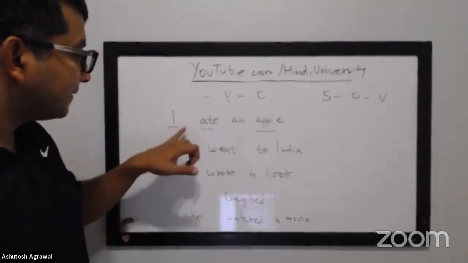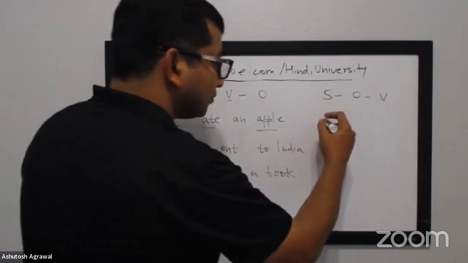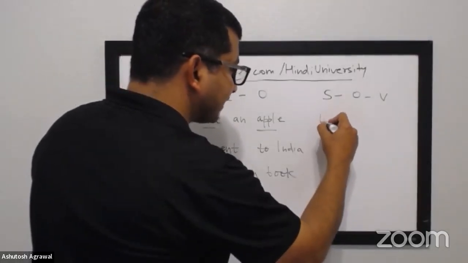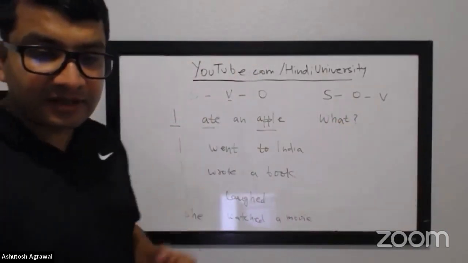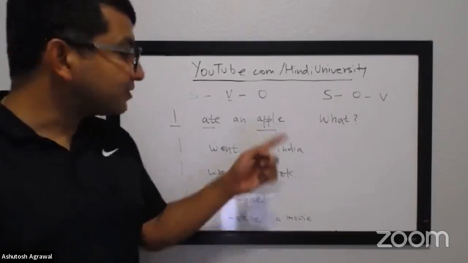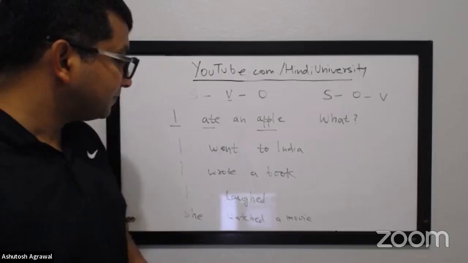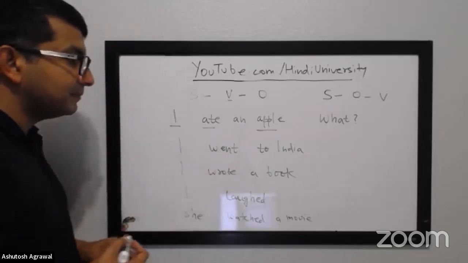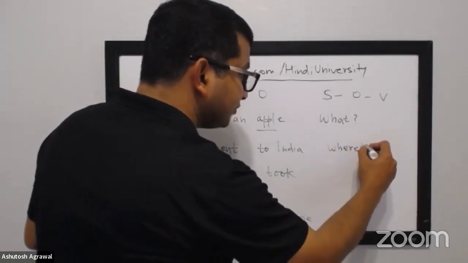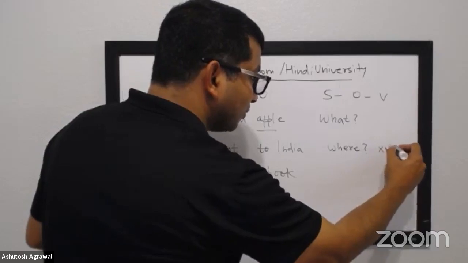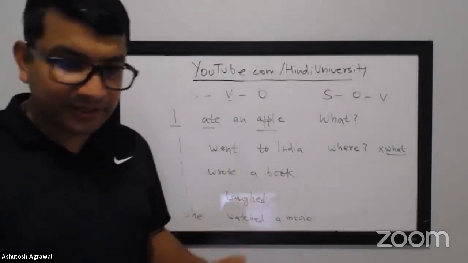Let's keep going, Donaji. In the first sentence, I ate what? It tells what I ate. So in this one, I can ask the question: what did you eat? When somebody says I ate, you ask what did you eat, and the answer would be I ate an apple. Awesome. Keep going. With I went to India, that answers where. So the question you ask is where did you go, not what did you go, which makes no sense.